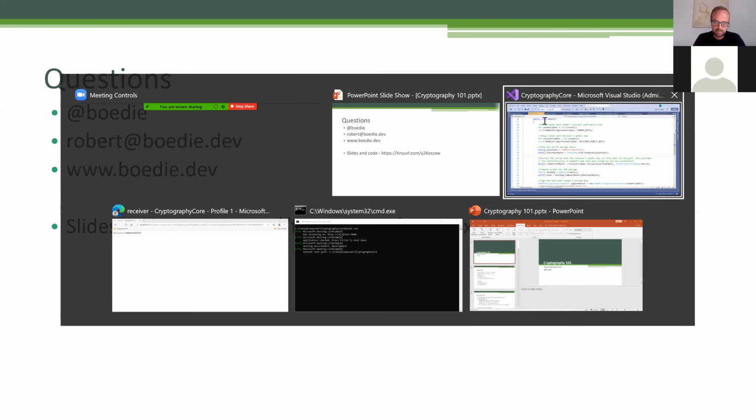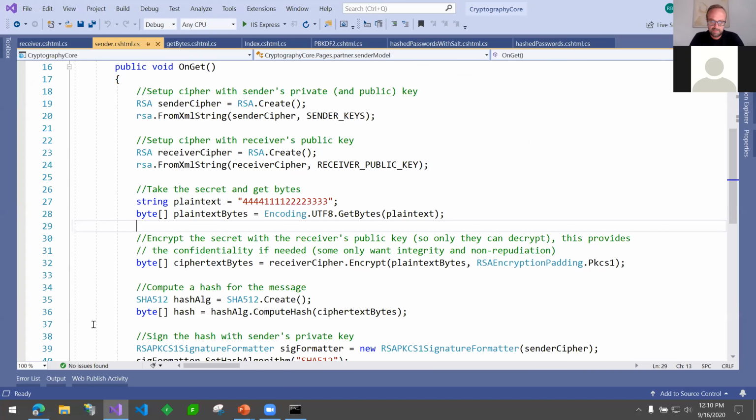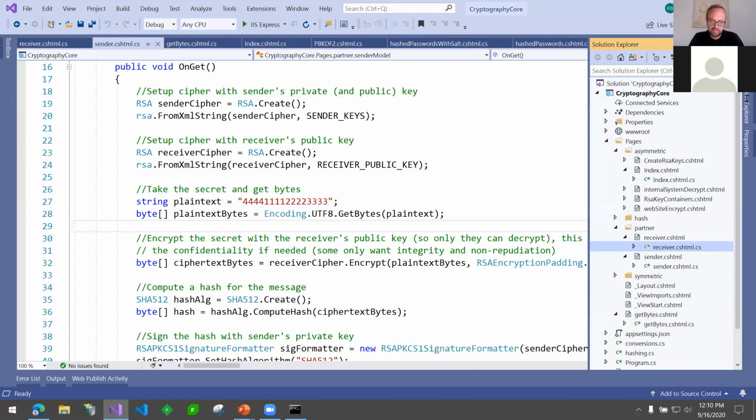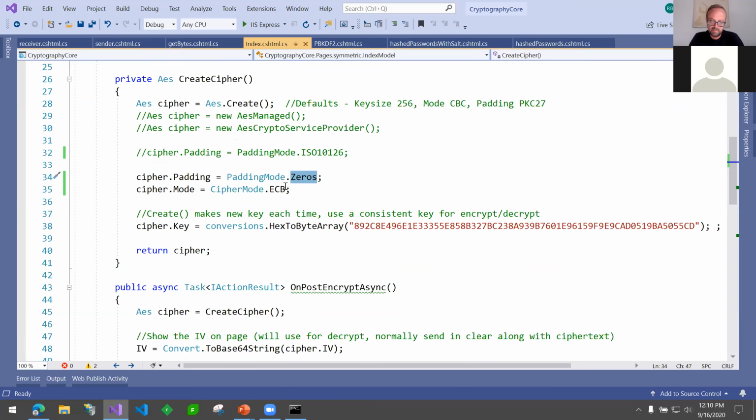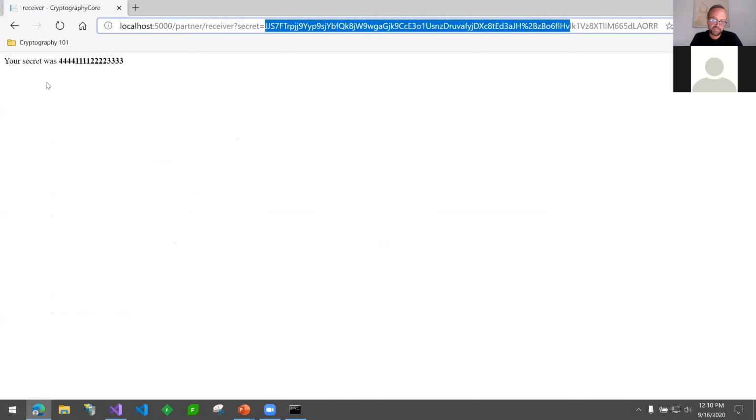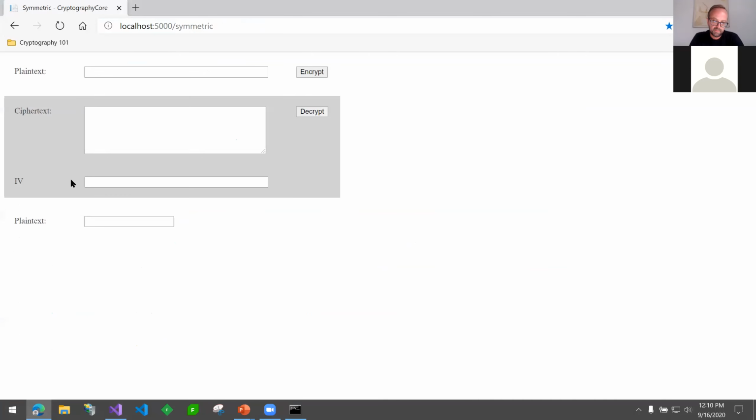I'll pop over there quick. In that symmetric example, when I did the wrong type, let me pull that up here quick. When I used the wrong mode here, and when I ran it, that was wrong. Maybe you're sending enough data that it doesn't matter, but let's say George and I are just deciding to buy that stock or don't. He's my stockbroker. If I send you yes every day, and I send you no every day,